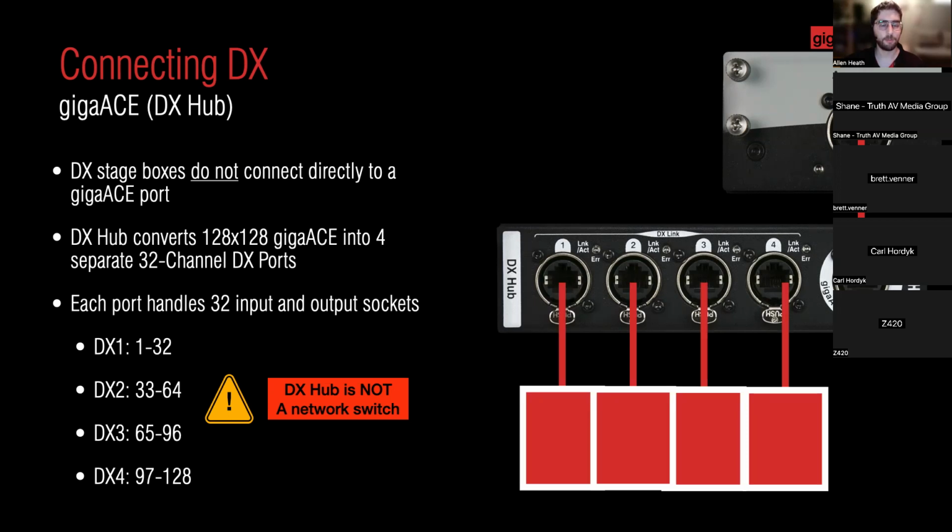So now that we've switched our 128 channels of GigaAce into DX, this port is going to handle DX channels 1 to 32. This is going to handle DX channels 33 to 64. This is 65 to 96, and this is 97 to 128. And so it's important to note that a DX hub looks like a network switch, but it's not just a normal network switch, because each port is handling a specific range of input and output sockets on your GigaAce